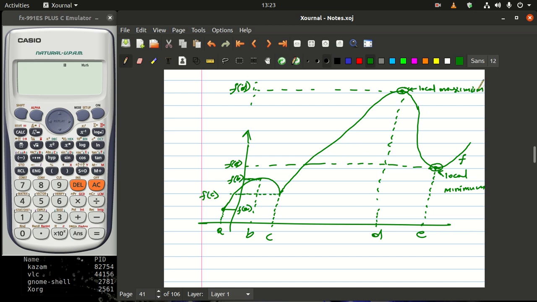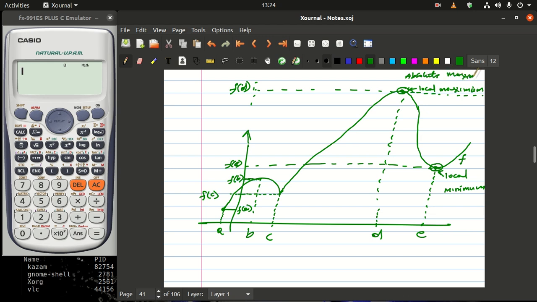Maximum. So this one is actually a local maximum. But if you also look now in this function, this is the highest value this function can actually have. All the other points in this particular function are less than that point here. Any point that is here is always less than that point. So this point, even though it is a local maximum, it is also an absolute